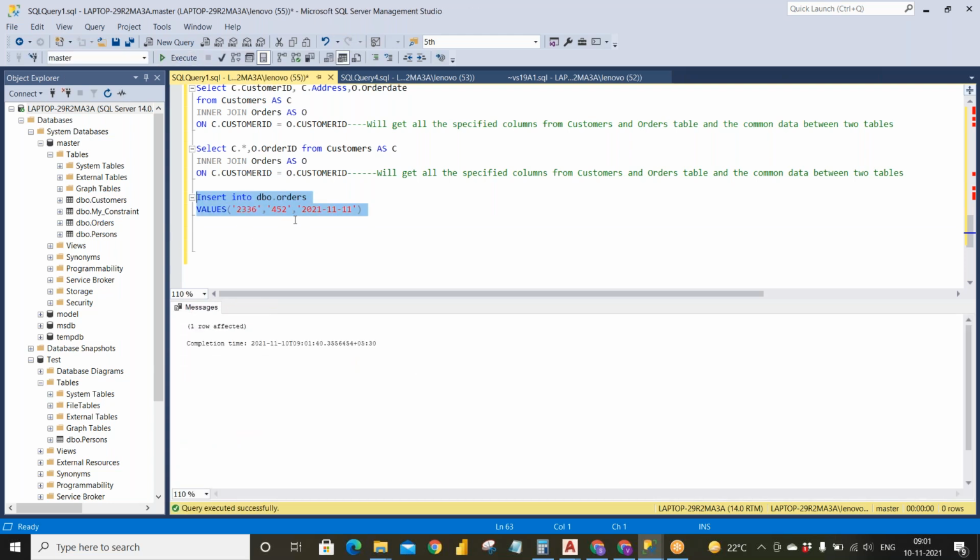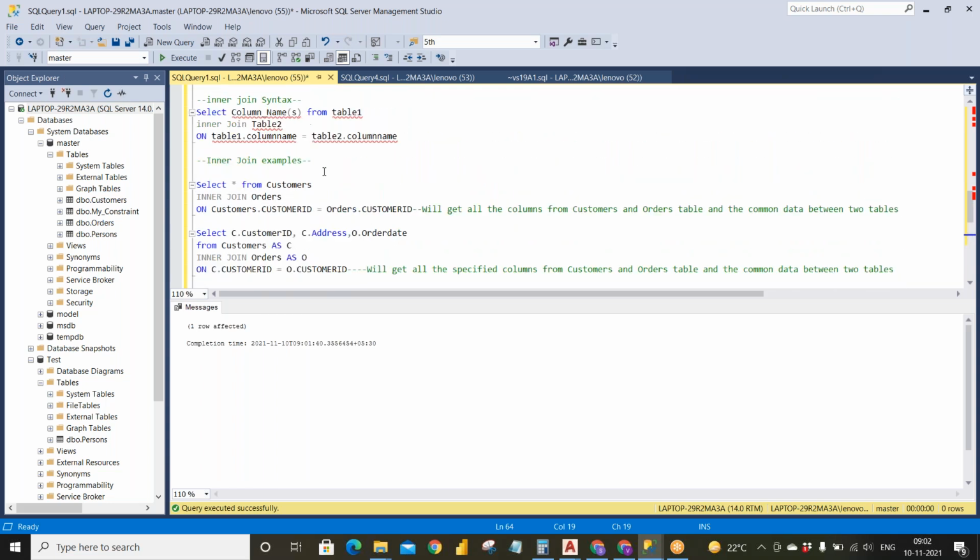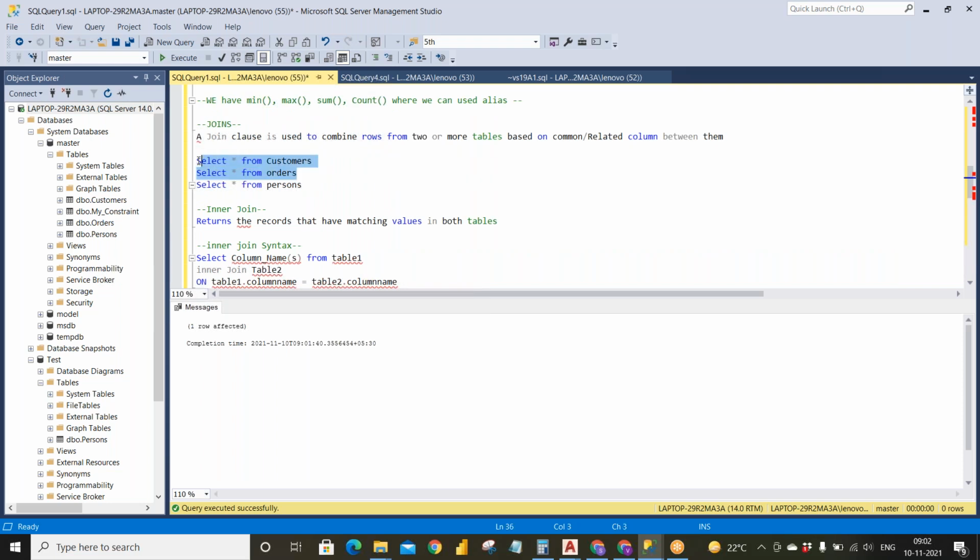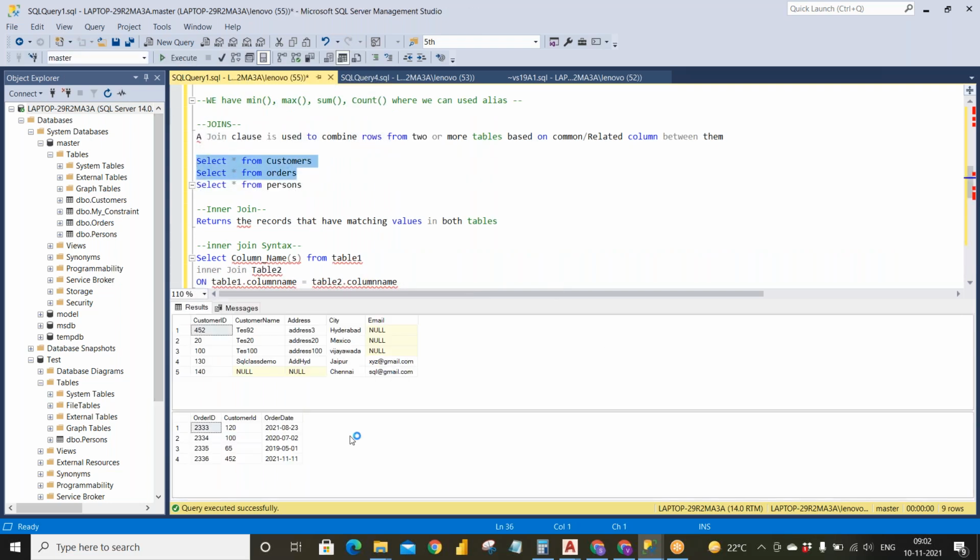So why I am inserting 452 row is, till now the only common customer ID between both the tables is 100. So I want to give one more common data, which is 452, which is already present in the customer table. Okay. So one row got affected. Let's see. Okay.